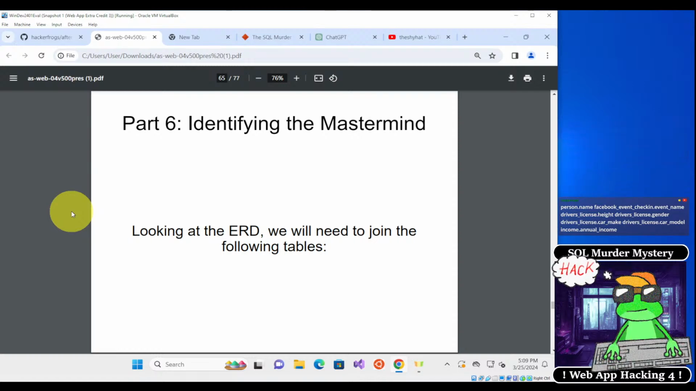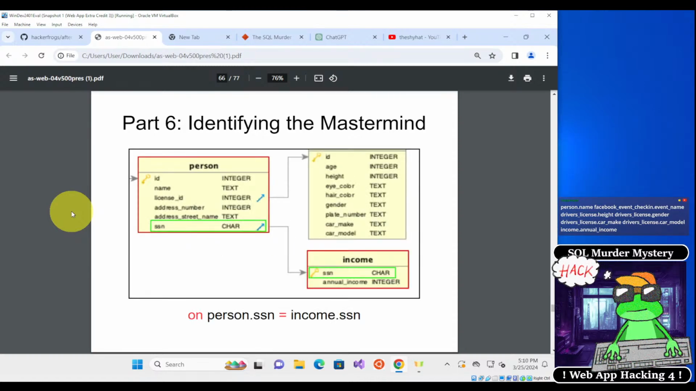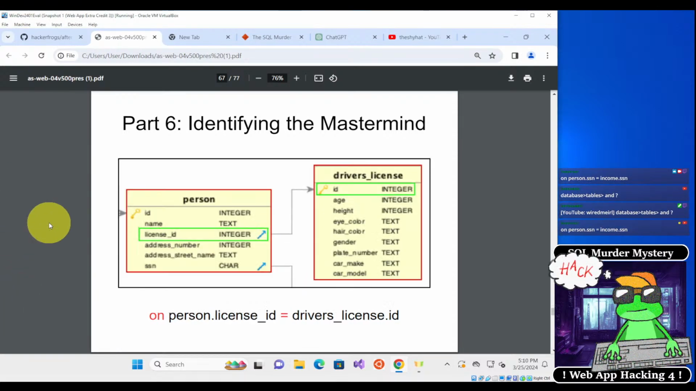And we look at the RD, we have to join the following tables. I think there are 3 tables involved here. So it's going to be person.ssn equals income.ssn. And then it is